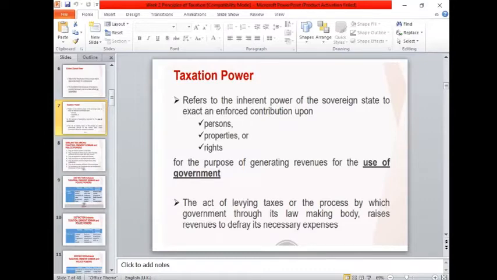This power may be exercised to enforce contribution from persons, properties, and rights to generate funds or revenues